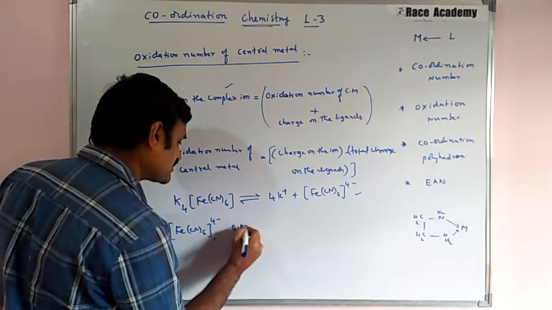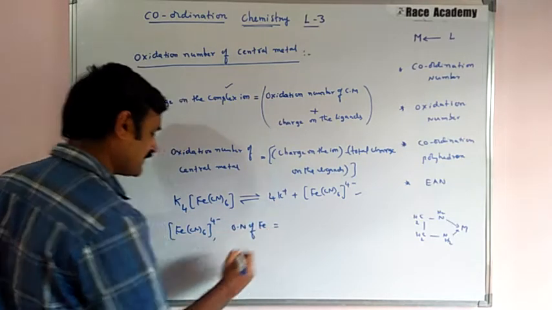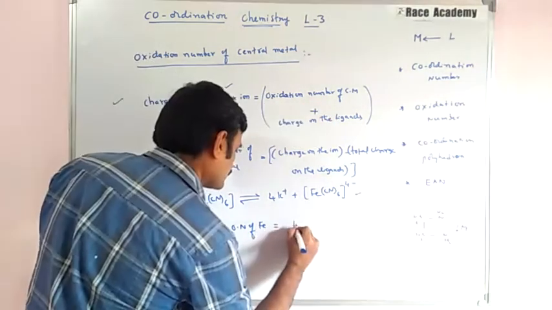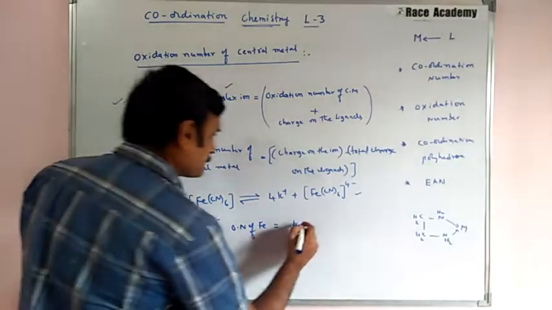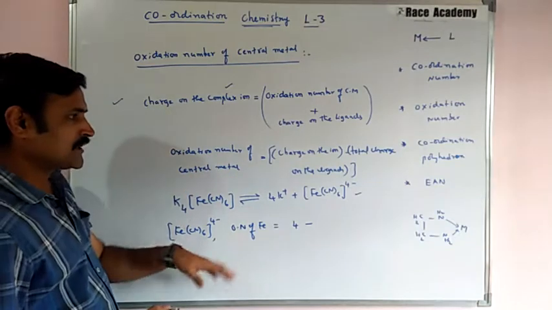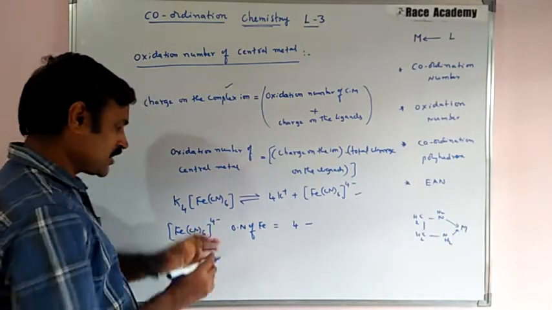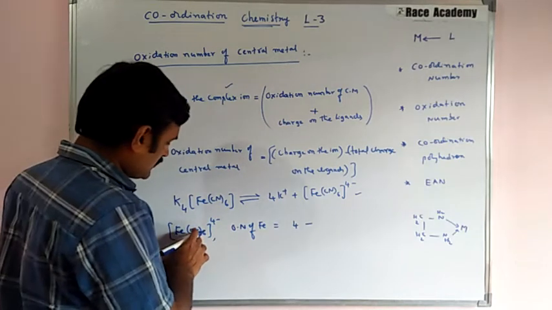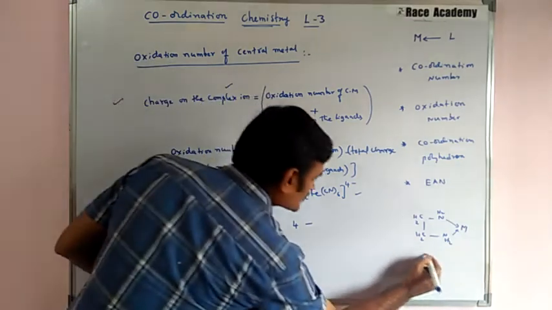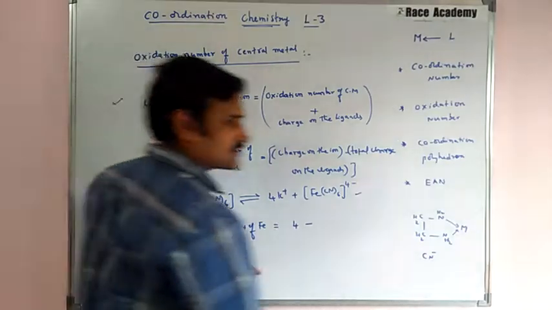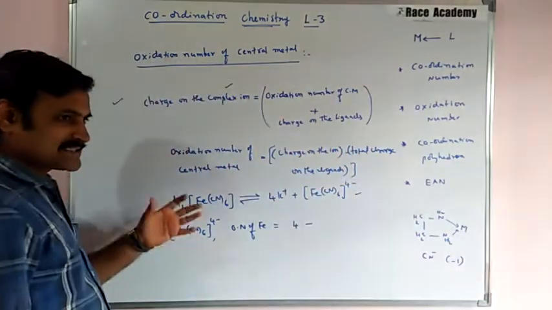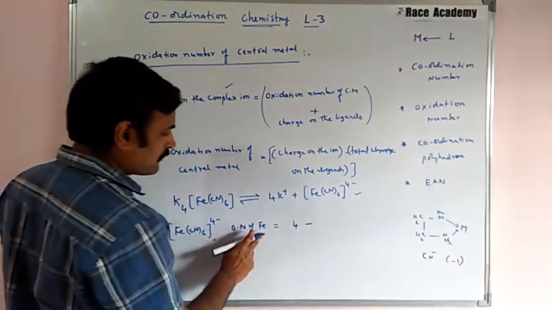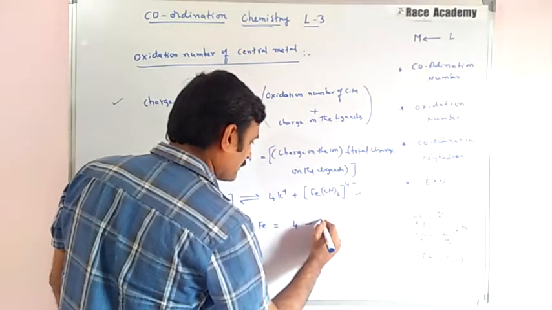Then the oxidation number of the central metal iron Fe equals the charge on the ion, which is 4, we take the magnitude only, minus the total charge on the ligands. Whenever CN is there, CN is a negatively charged ligand, the charge on it is -1, and there are 6 ligands, so 6 into -1 is -6, means the oxidation number of Fe is